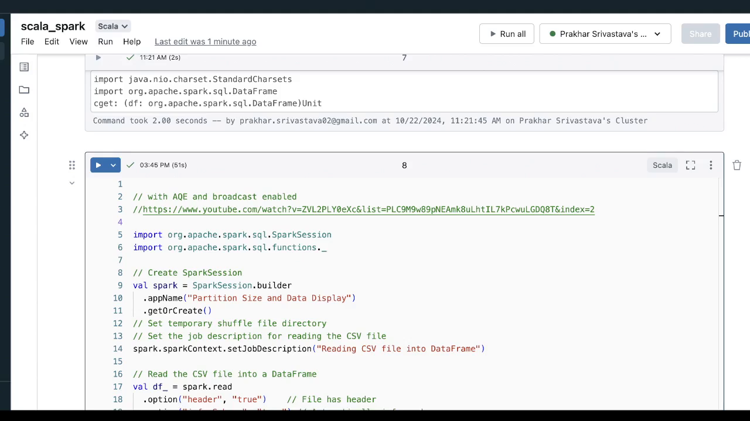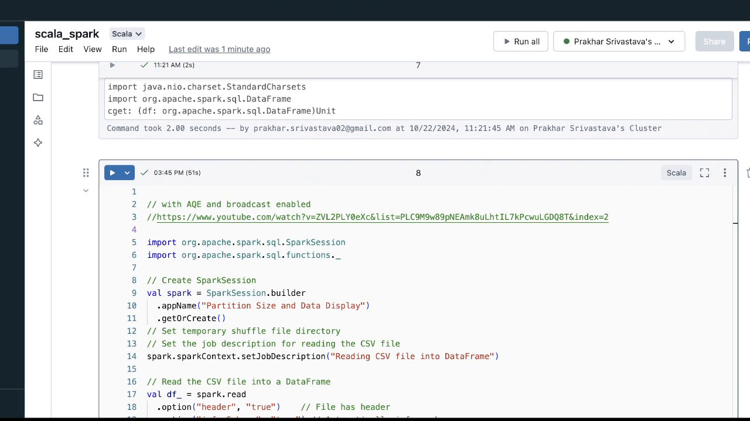So friends, today we'll talk about the new playlist, which is without AQE and without broadcast. If we configure our Spark like that, where AQE is disabled and broadcast is also disabled. But if you see my previous sessions, I have run the same job with AQE and broadcast